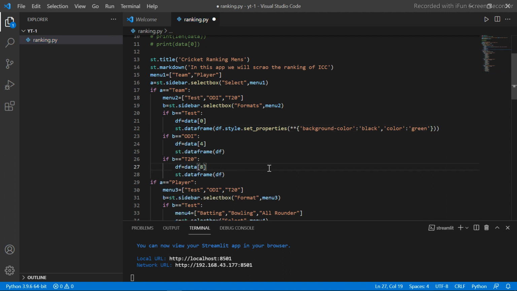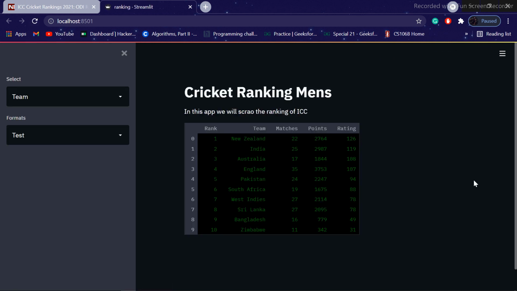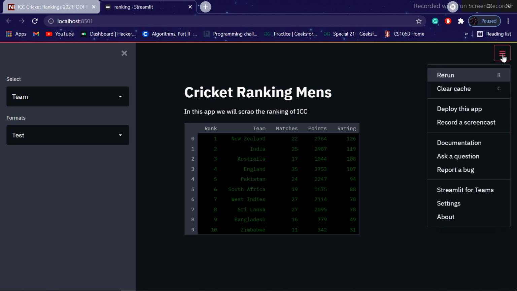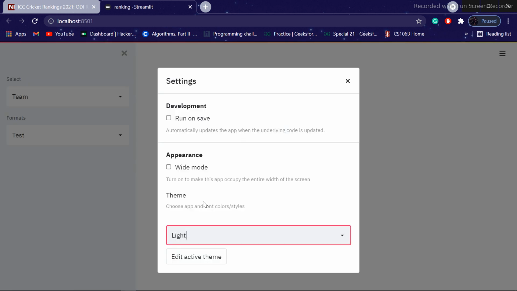Now let's see how it looks. Okay, so like this you can customize, whatever you like, and from here you can change the theme: go to settings and change the theme to light.